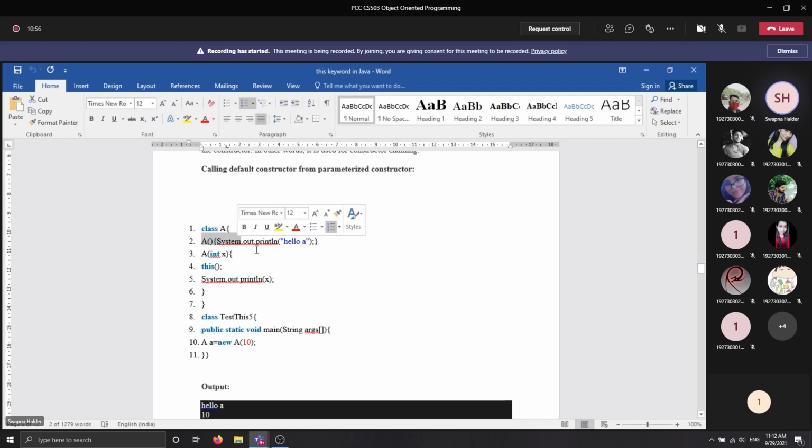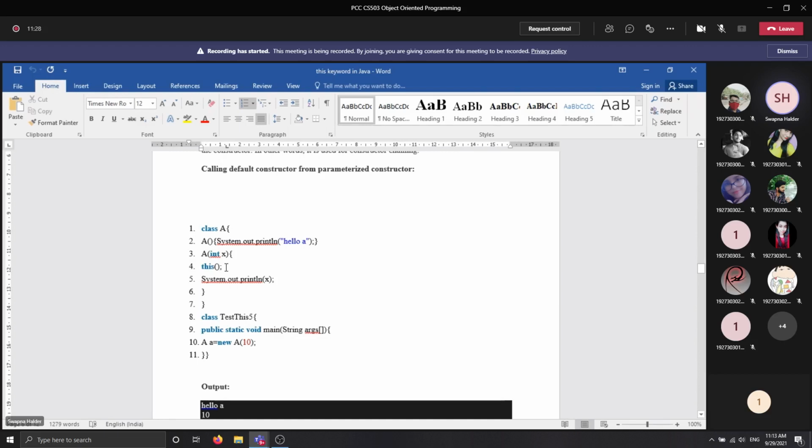You are now in the class named A. Within this class you have declared two constructors, one without parameter and another with parameter. Now inside the constructor with parameter, you want to call the constructor that has no parameter. For that purpose, to invoke that constructor, you can write the this keyword, and after that the first bracket.